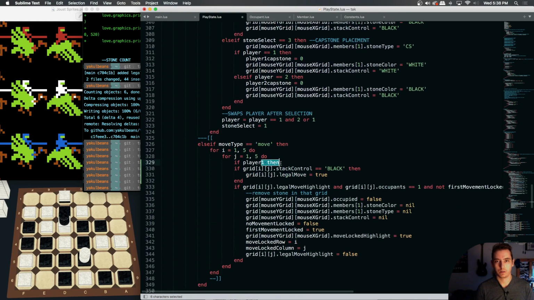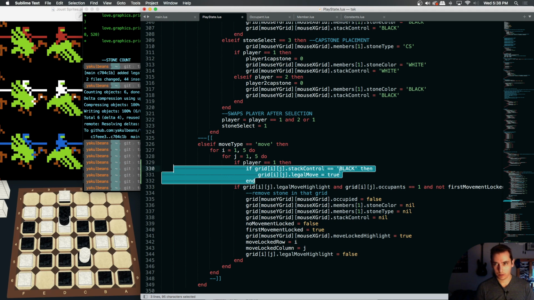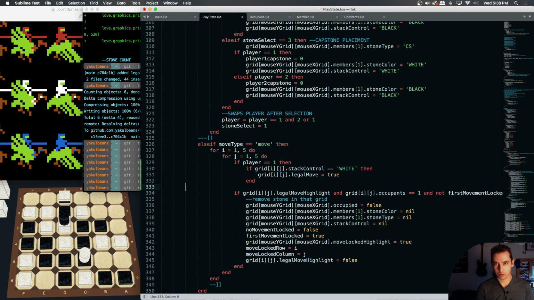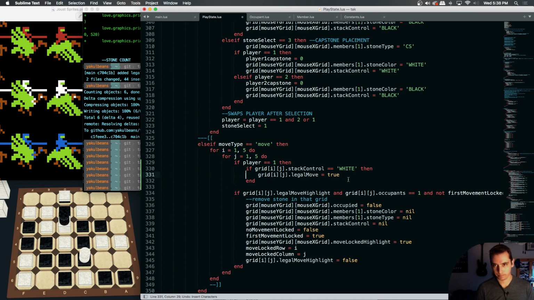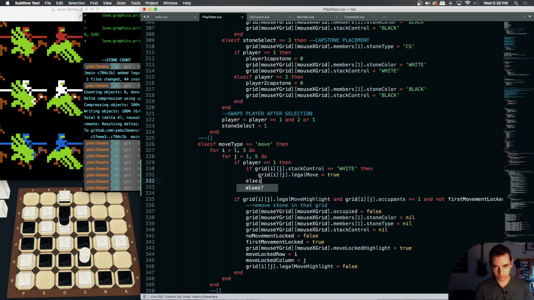If player is equal to 1, then we check first for white stack control, and if so, turn that grid into a legal move. Else if, not what I wanted. If our stack control is black, oh yeah, so we gotta say